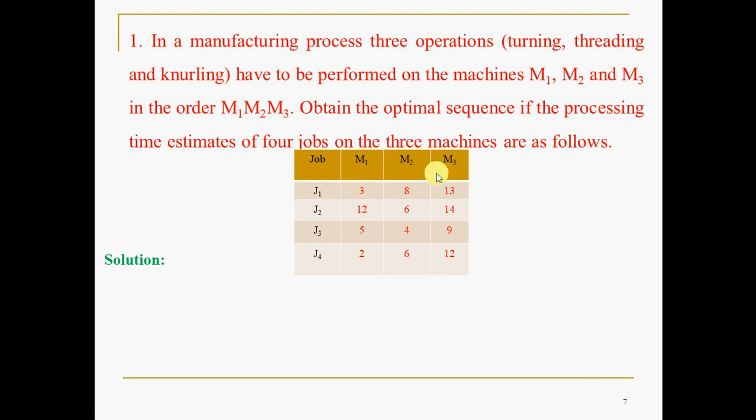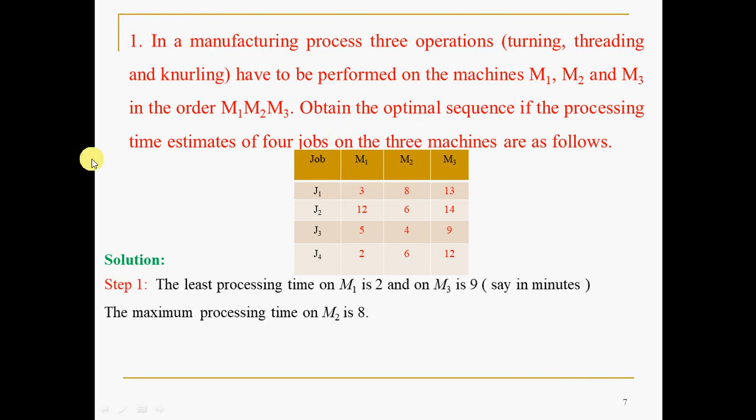So now let us analyze the problem. We have N jobs and 3 machines. To obtain the sequence, you have to convert this problem to the N jobs 2 machines type. Then only you can use Johnson's algorithm. Fine. Let us discuss that in the form of the steps that we discussed just now.